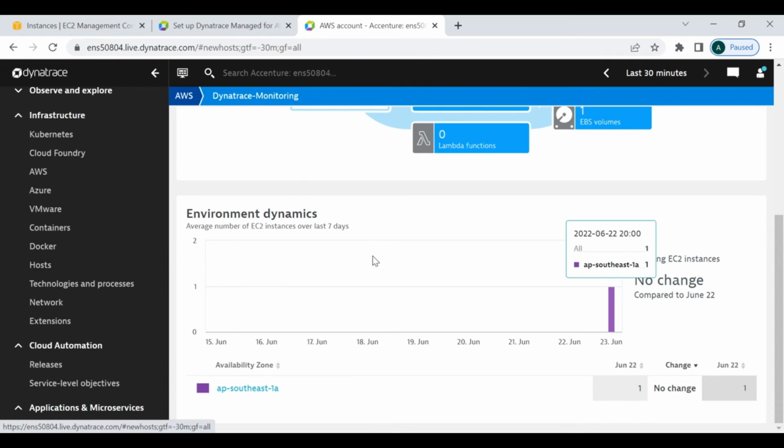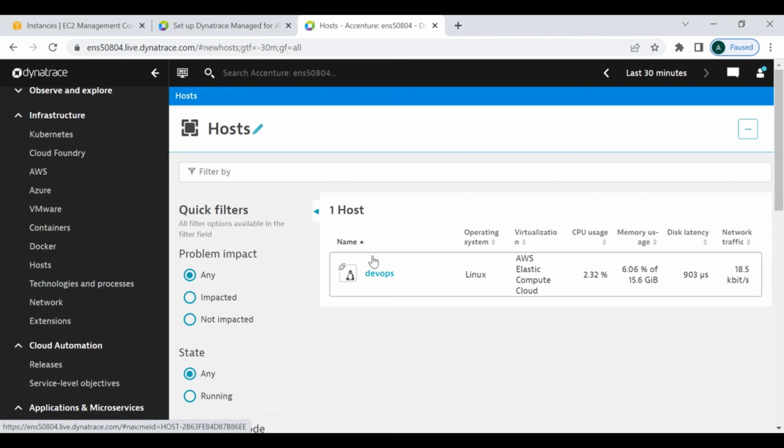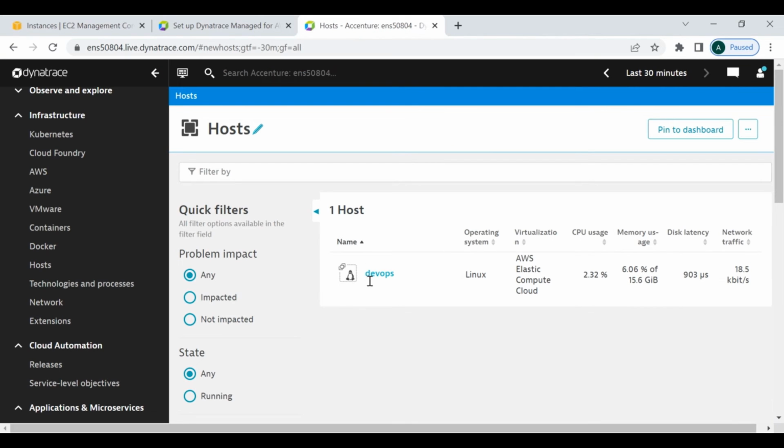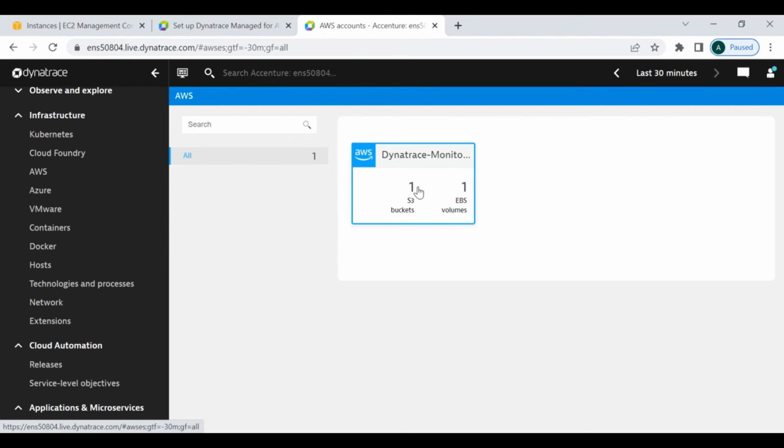Probably you can get it here under the host. Here you can see that it is the same EC2 instance, and this is the same name, DevOps, that you can find here. Okay, so guys, let me get back to the AWS itself, and let me tell you one more thing